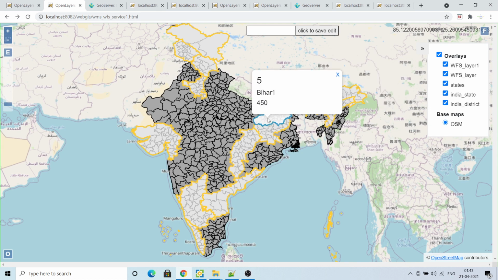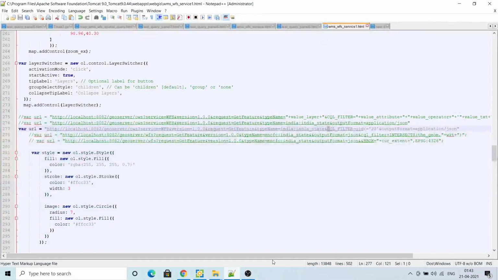So basically, you can make it dynamic. You can give your drop downs and everything, like in my earlier videos I've shown, you can give the drop down layer attributes, and based on that you can pass the values and you can filter the data. These are the two examples. There are also other examples, like another one is SQL filter intersects geometry.